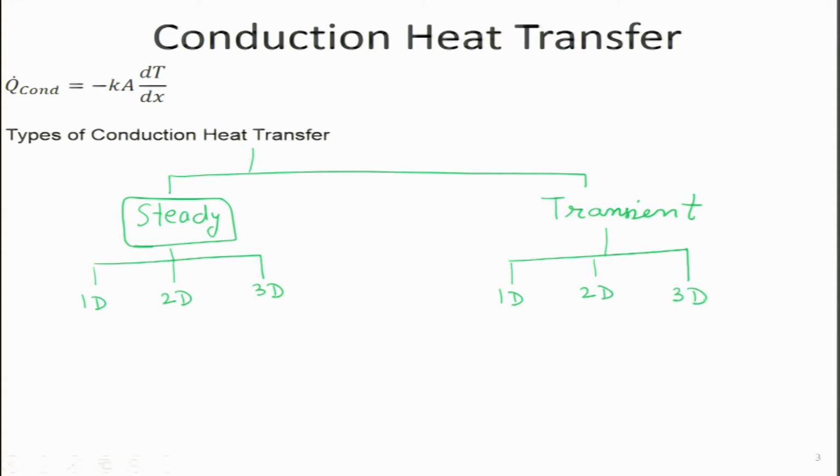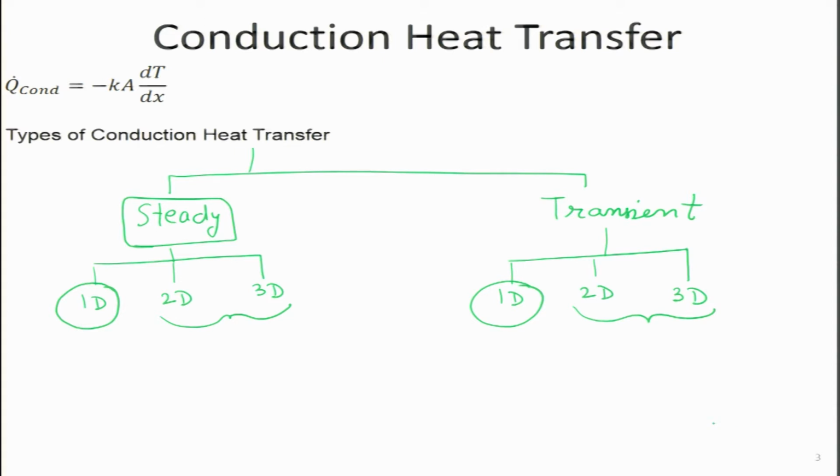For both steady as well as transient phenomena, the one dimensional case is the simplest one to see. So, we will go ahead and look at the one dimensional case for steady state today, and later on we will look at the 1D case for transient analysis, and the remaining ones we will look at briefly under the multi-dimensional analysis.